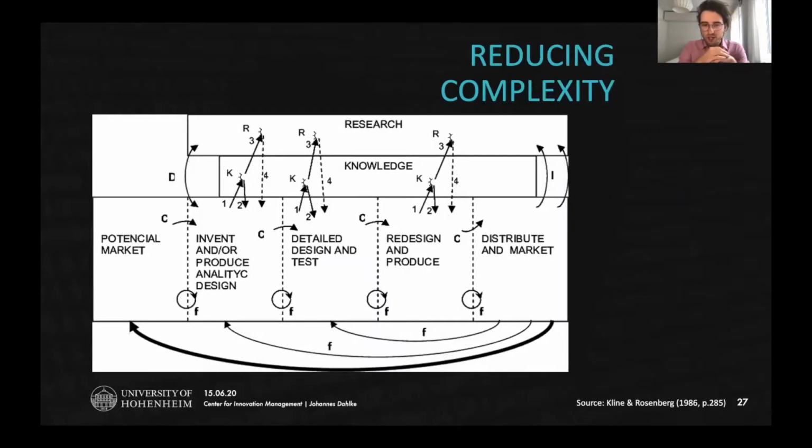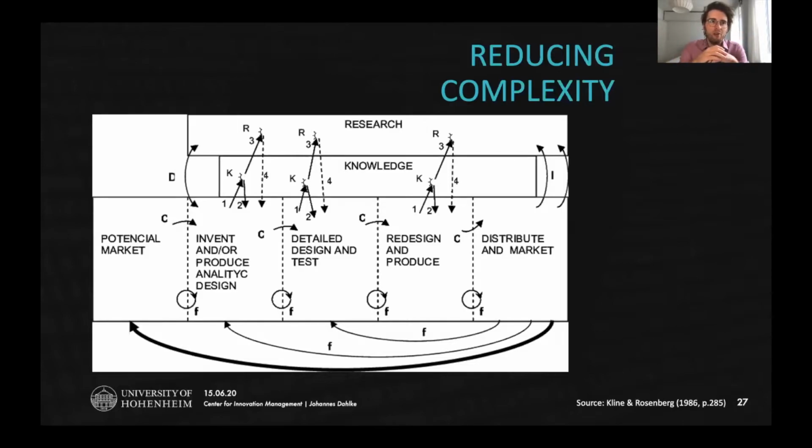So in innovation studies, we have long moved past a linear understanding of the innovation process and have developed more complex and interlinked models of the innovation process. As you can see here, the chain-linked model as introduced by Kline and Rosenberg, and you can see typical stages and activities within innovation management, and all of them being interlinked with feedback loops going back and forth, and this whole process being implemented in larger society.